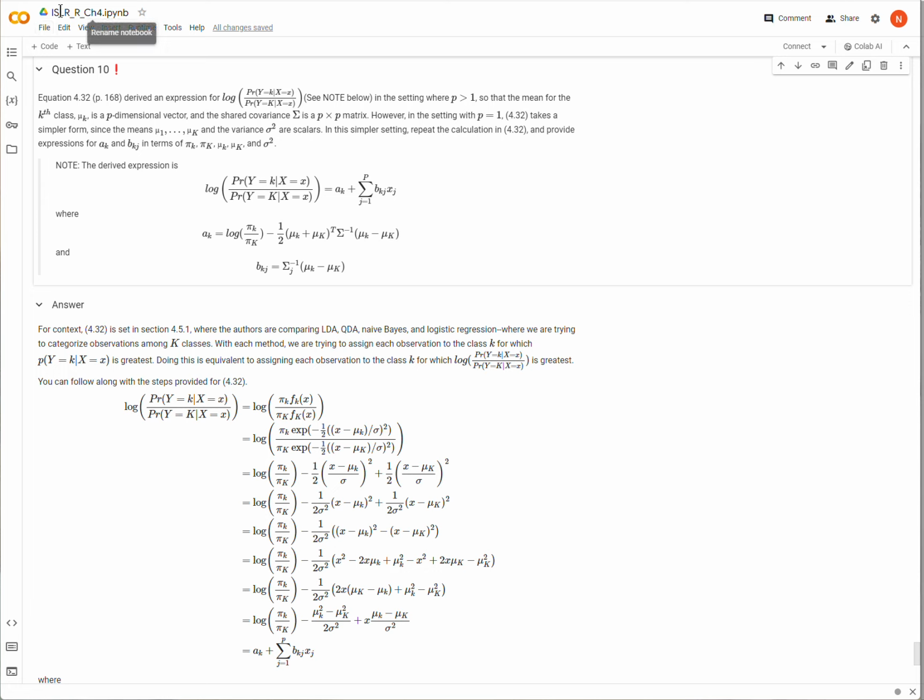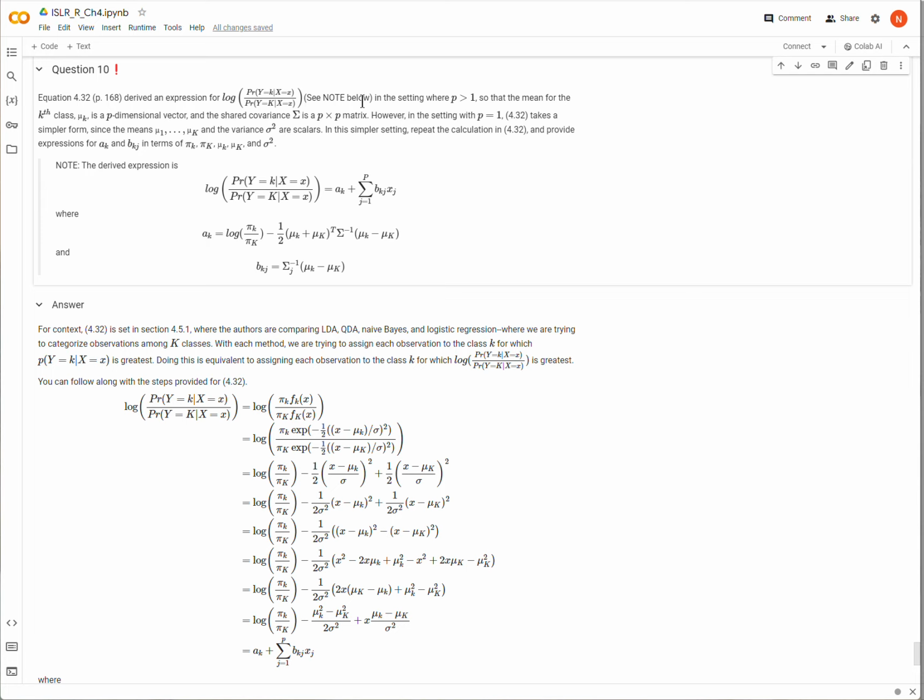Okay, so we are in An Introduction to Statistical Learning, second edition. We're in chapter 4, and we're on the 10th question in the conceptual questions at the end of the chapter. So here's the question right here. It tells us that in the book on page 168, equation 4.32 derives an expression for this quantity right here. And the idea is that we can use that expression to classify